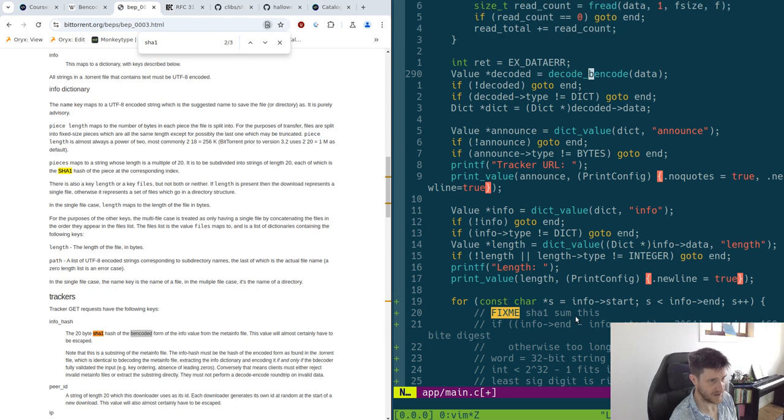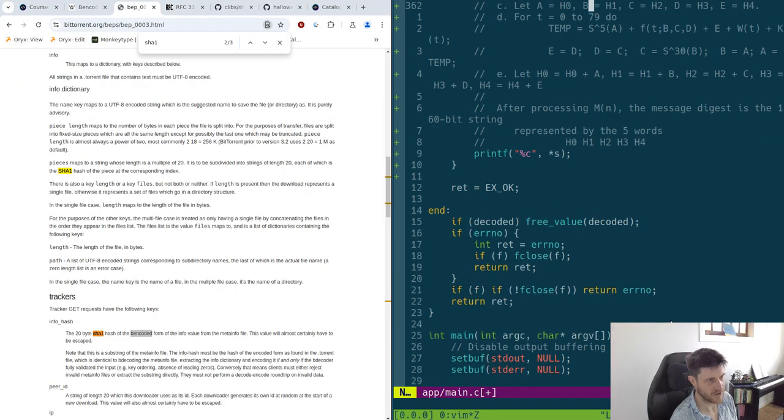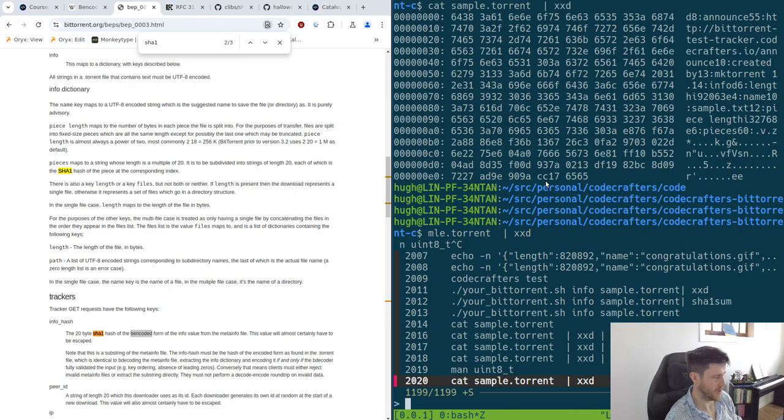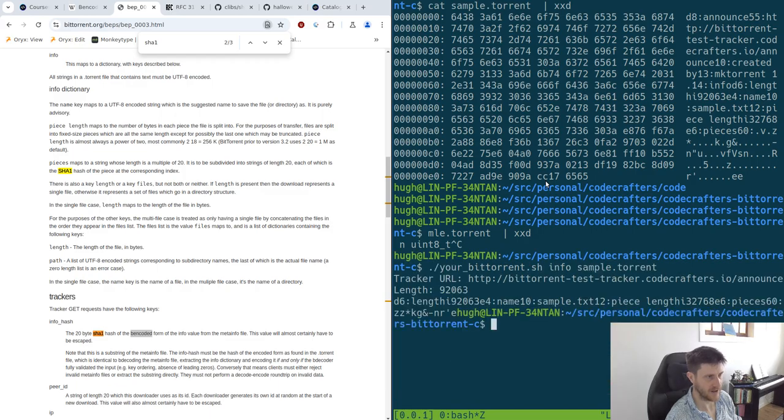So down here I actually do just that. We go from start to end, and then we print out whatever character, and ignore those comments for now. And if we go info something like that,